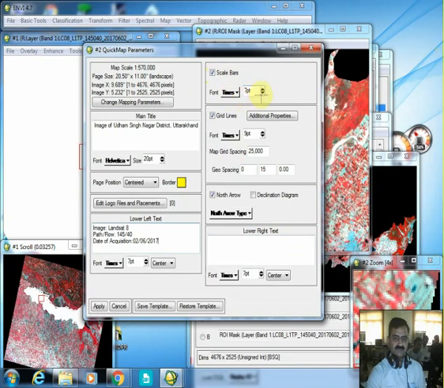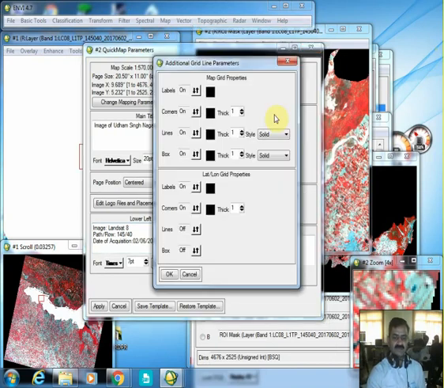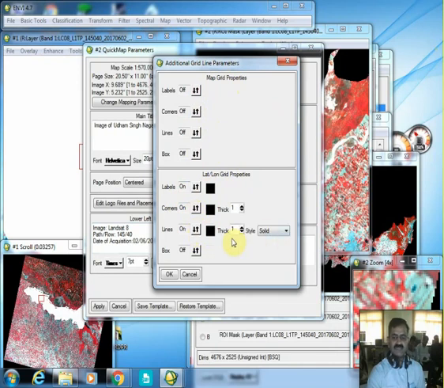It has all automatically selected it. Grid line can also be selected, but instead of grid line, it would be good to have lat long grid properties instead of this simple grid line. So what you can do is just deselect it, off, and you can put these on. So label should be in black and white, corner should also be black and white, line you can choose whatever color you want,